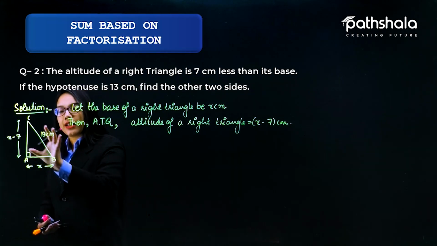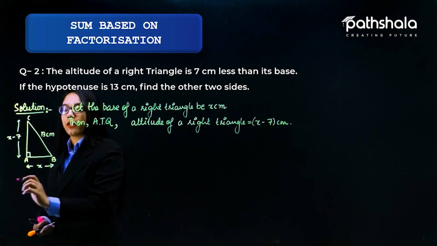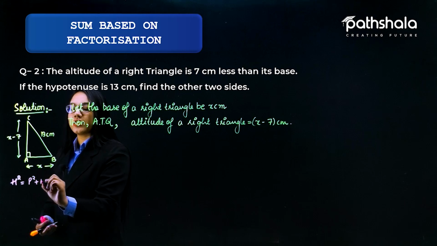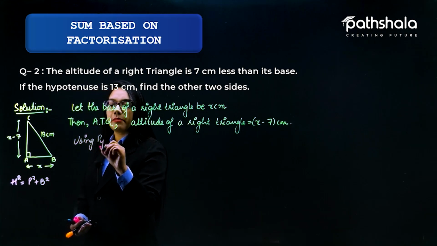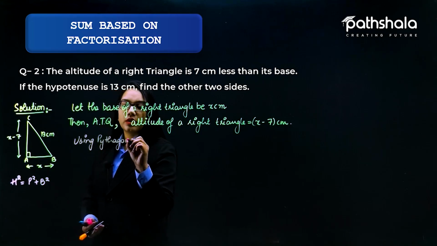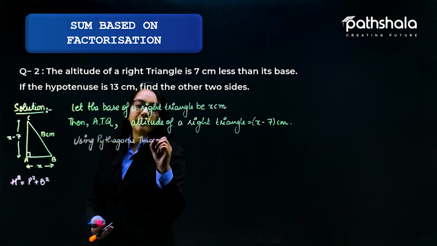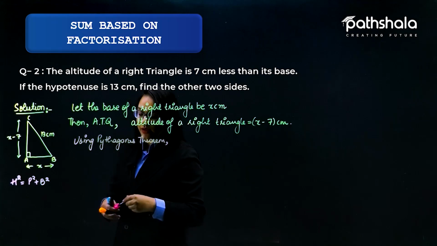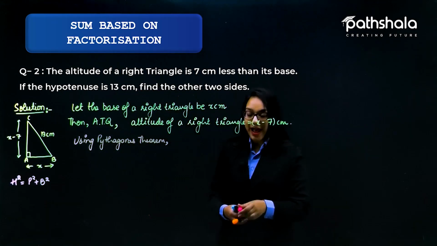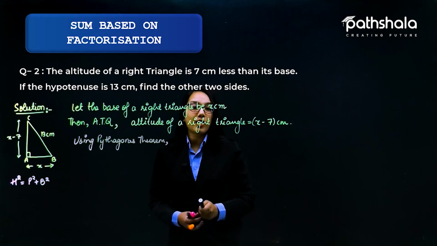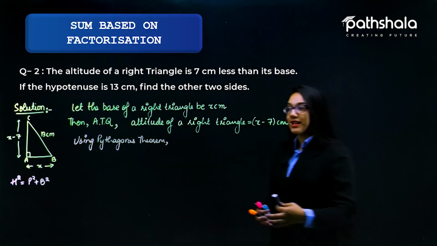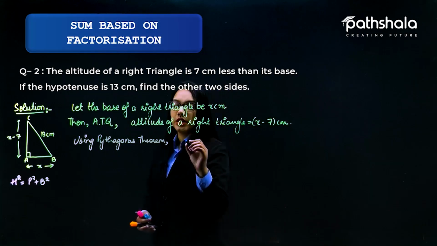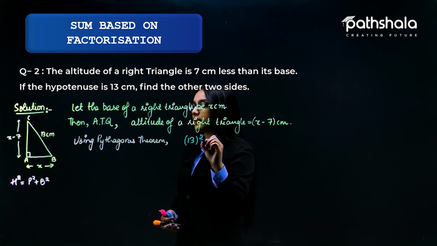Now according to the question, we have a right triangle. So as we know, in a right triangle we can apply the Pythagoras theorem: hypotenuse square is equal to perpendicular square plus base square. So using the Pythagoras theorem, we can write this information as 13 square is equal to